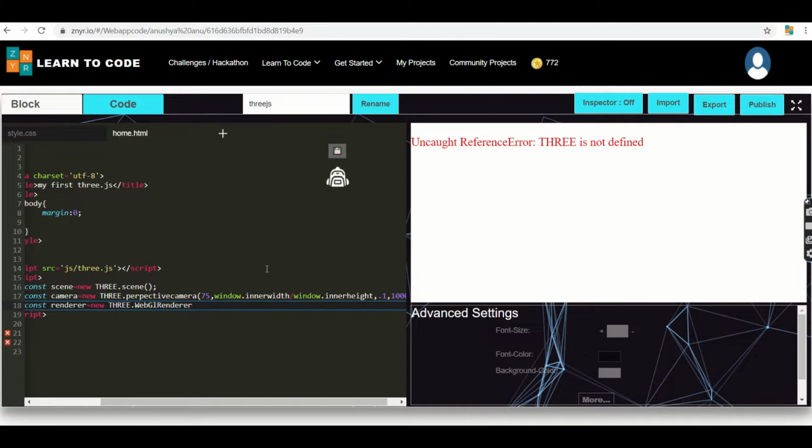You have to keep in mind, to activate a line or cube or a triangle or any kind of shape, we have to use this WebGLRenderer.